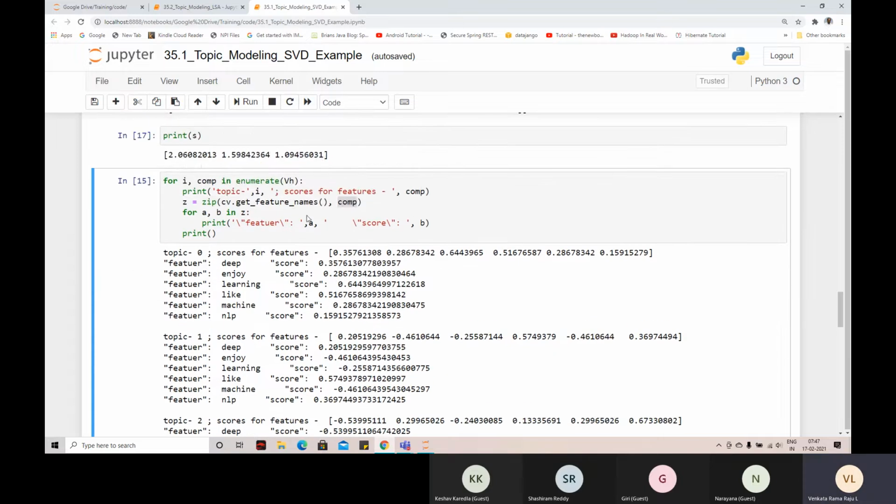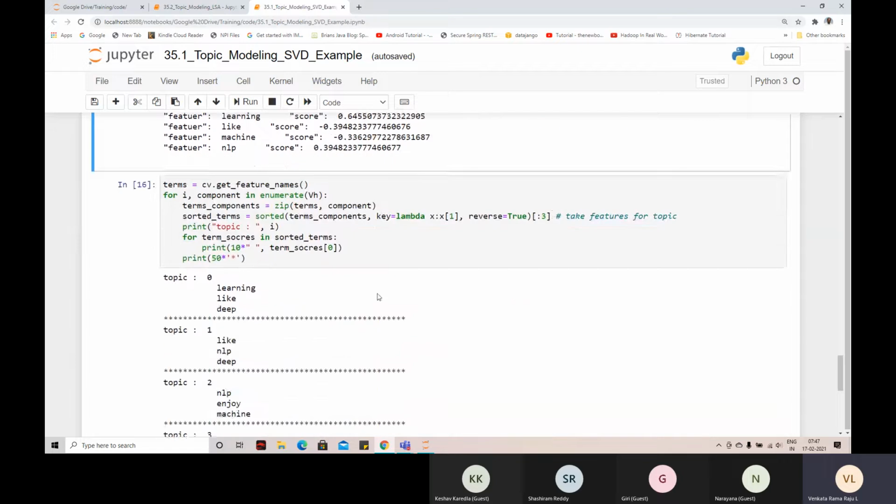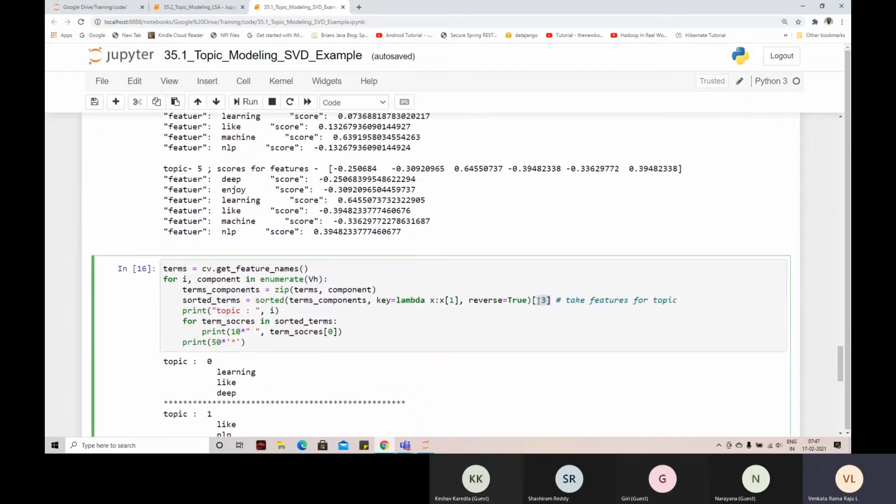Okay, so in real time you will not have only 6 or 7 words like this. You will have millions of words, maybe thousands of words, and you will take only the top 10 or 20. So here I have taken only the top 3 scores. I sorted the data in